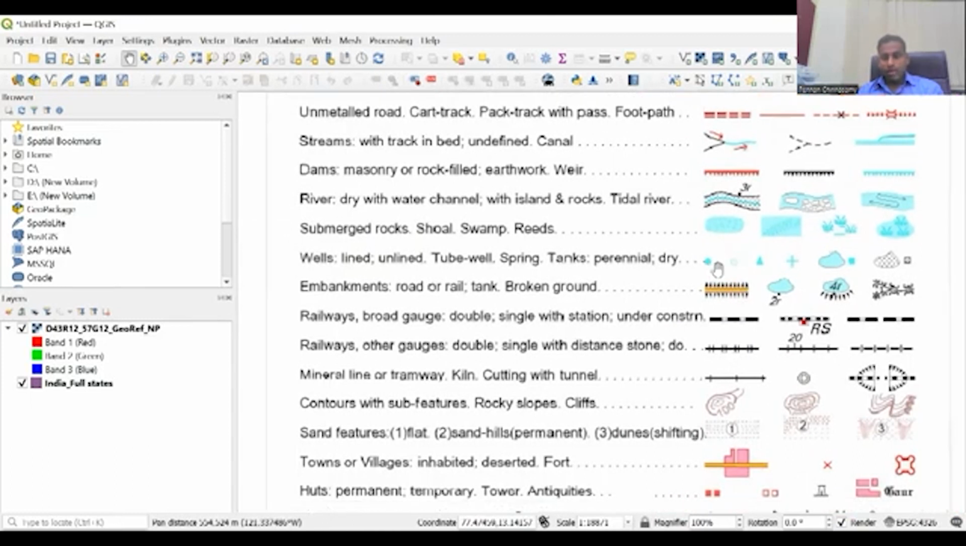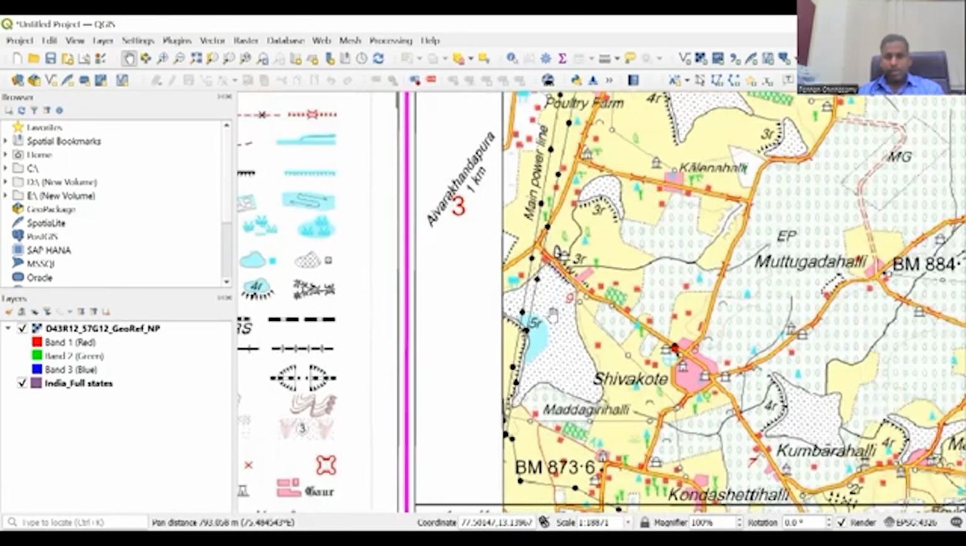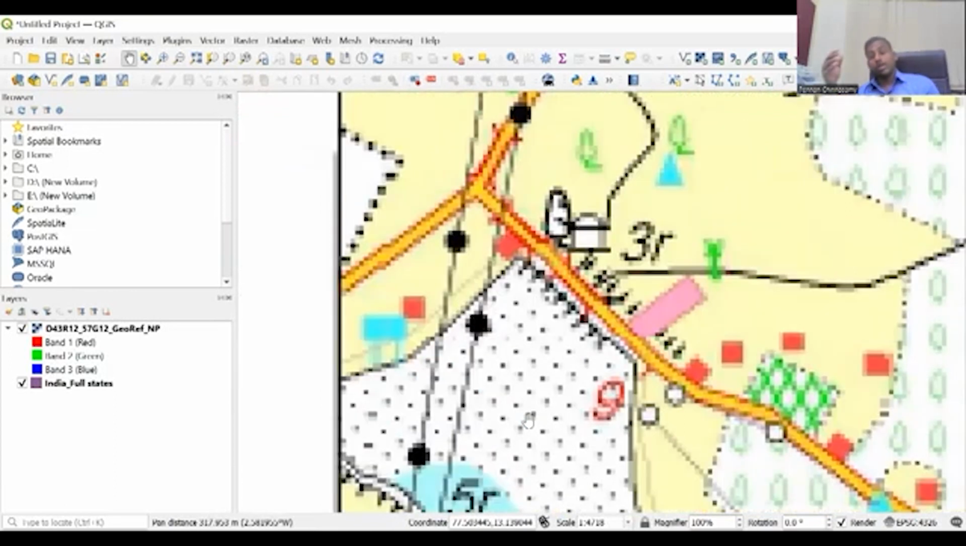So let's look at wells, which is lined and unlined, or tube wells. Tube wells is good. So let's go and the tanks. Okay. So for this, we need to create a new shapefile, because we don't have a shapefile